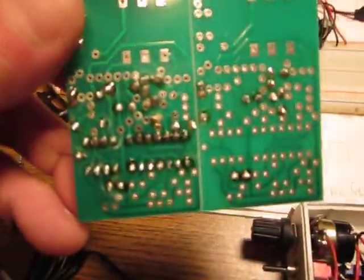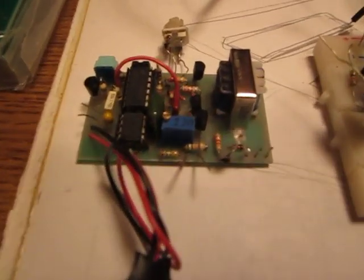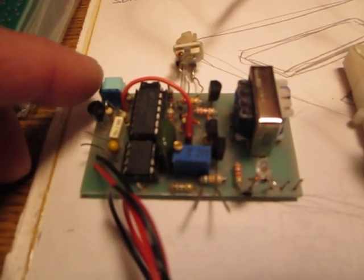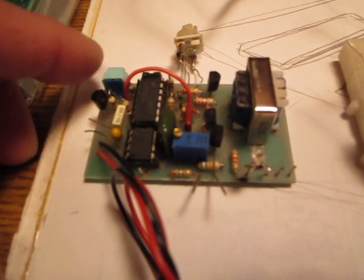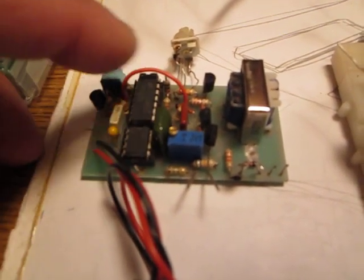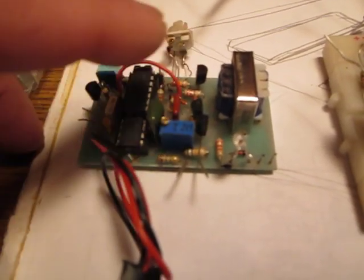I have two boards made. I start populating this one, and I have another one. I'm just waiting for a trim pot. This is temporary, it's only a 1-turn trim pot. It's tuned, but it's very touchy. So I'm waiting for the 10-turn trim pots, and these two will be put in place, and this will be